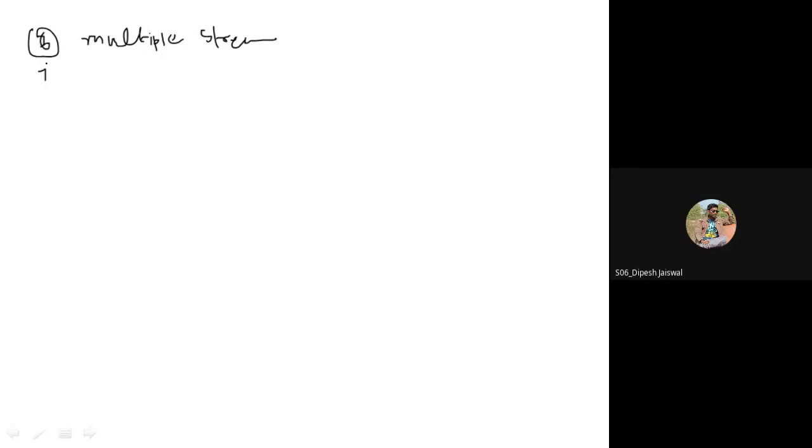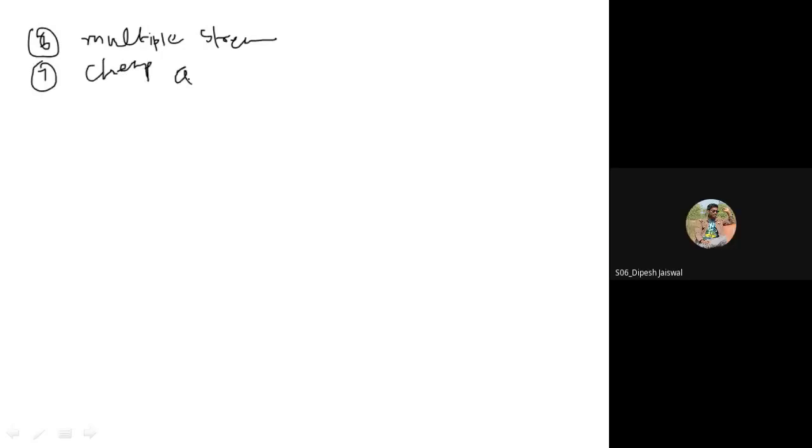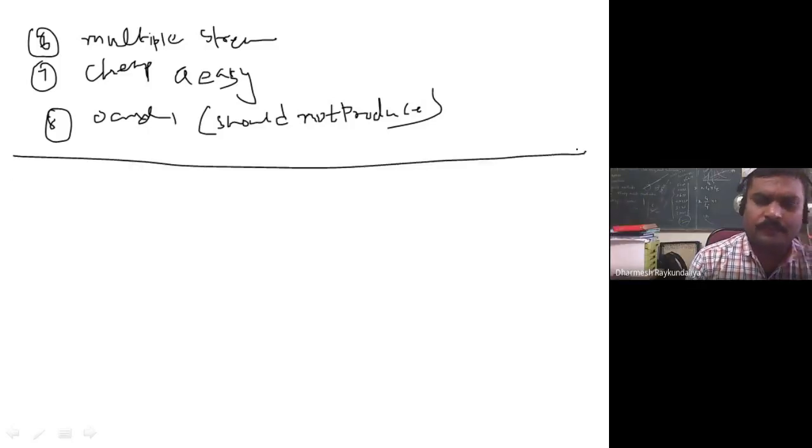And it should not produce zero and one. So these are the properties we have seen.